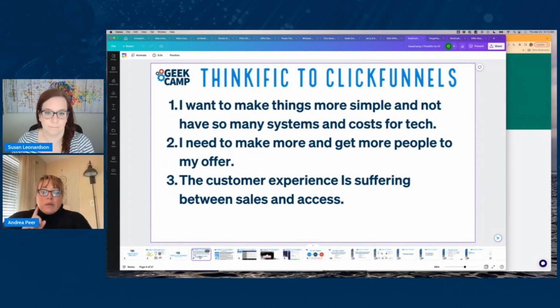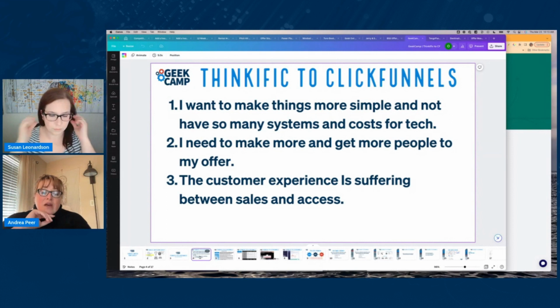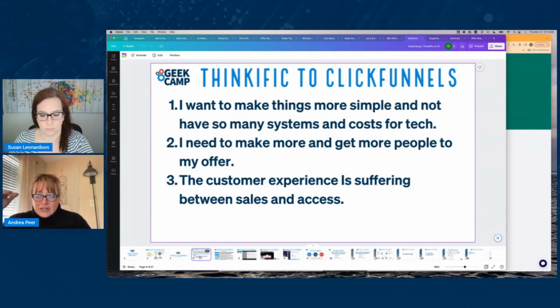Right. The only pain point that Thinkific people will experience is that the funnel system in Thinkific is really poor, like really bad. And so if you actually want to get serious about a funnel strategy and selling your products and offers via a funnel, Thinkific is really bad at that. And so that's probably one of the pain points that people may feel, especially as they start to go out to more cold traffic. The people who I've worked with who have decided to stay on Thinkific predominantly sell to warmer traffic.